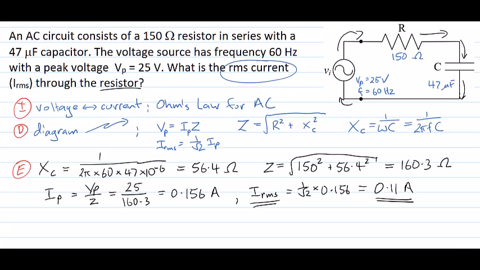I'll need to add an assess step here just to do a quick check of part of my answer. There's many things I could do, but I might just think about what my current variation with time is actually doing here. What my current is doing is, of course, varying sinusoidally in some way. And I'll remember that my peak current is the largest value my current takes away from that zero value, but my RMS value here must be something less than that. So I need to double check that in my calculation it did come out that my RMS value was less than my peak value. And if you look at those values there, 0.11 is definitely smaller than 0.156, so at least that part of my calculation does seem consistent.